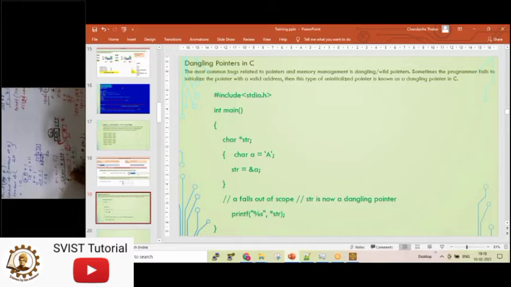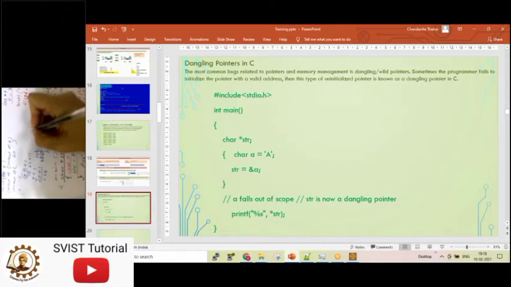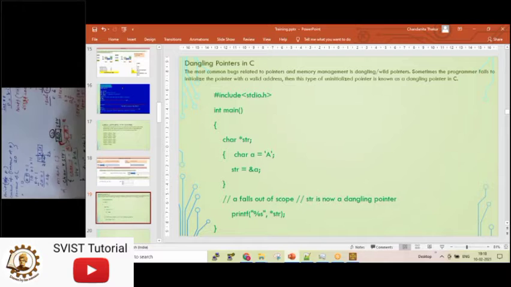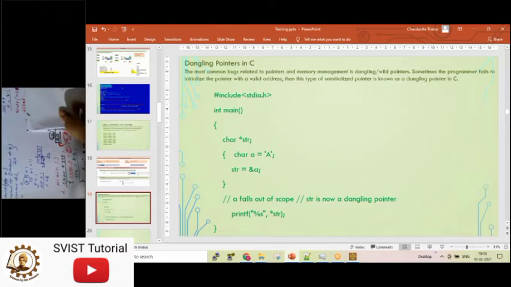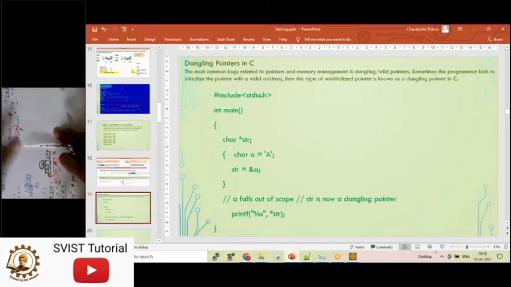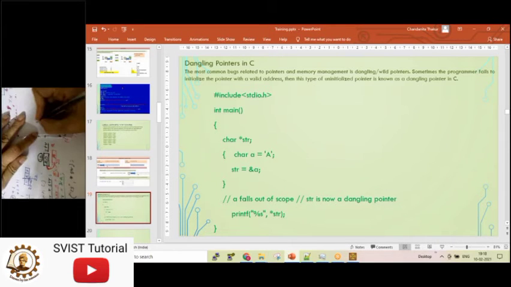Okay. So if I draw the diagram in a straight way, one second. I will just redraw this diagram like this. See, this is str.